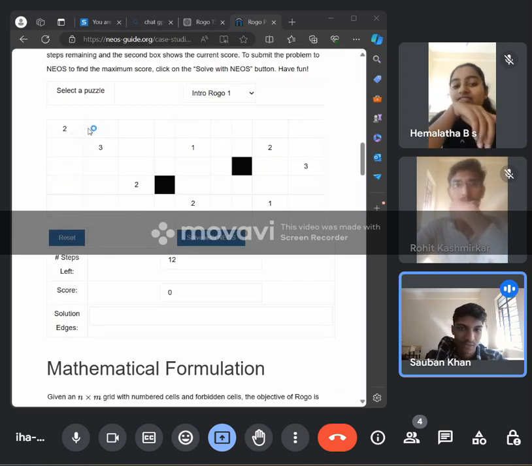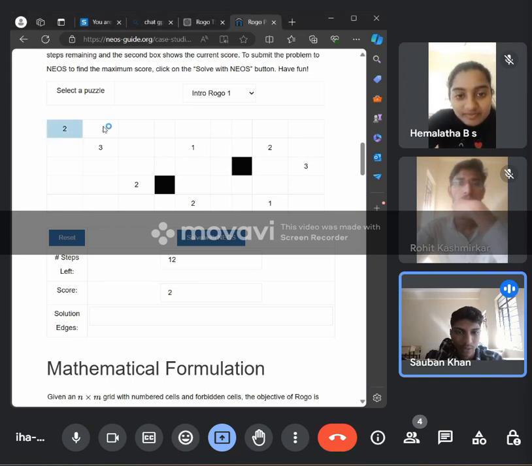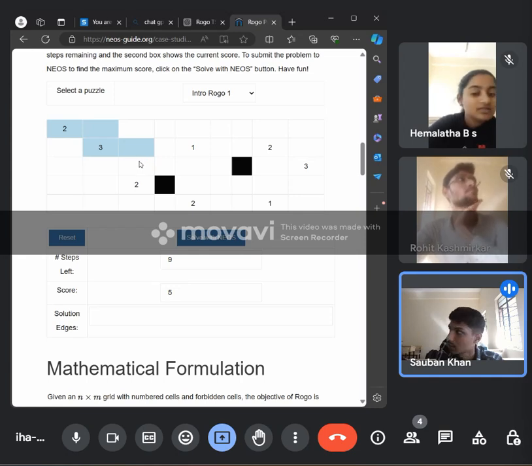So let's start this game. Considering the 2 as the starting point, we are going in the horizontal steps and vertical 3 and these steps. You can see here the steps. Still 9 steps are left. 1, 2, 3, 4,